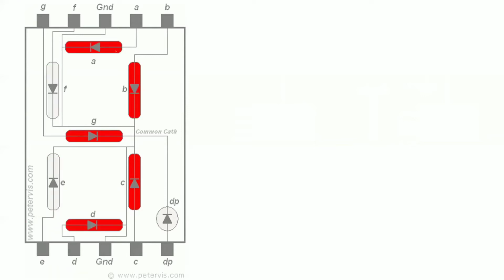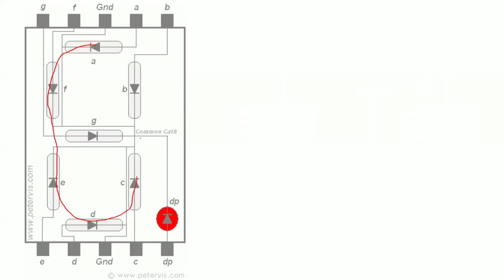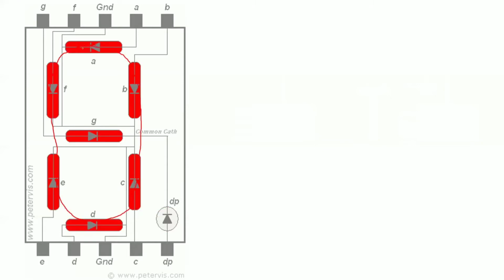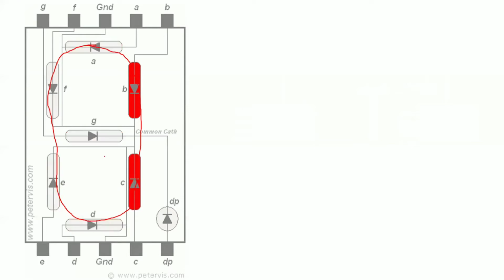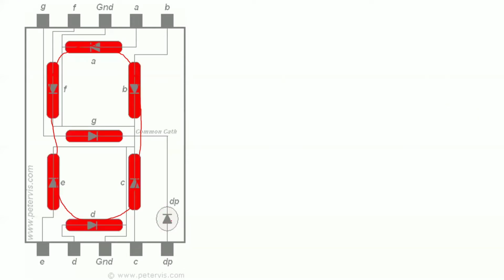So if I want to represent 0, 0 will come like this. This is nothing but your 0. 0 means which LEDs get turned on? All the LEDs should be turned on except G, and also DP, which is optional. By default it will be 0. If you want to turn it on, you can, but my requirement is to display 0, so I will turn off only G, and all the remaining LEDs will turn on. So that I will get 0.